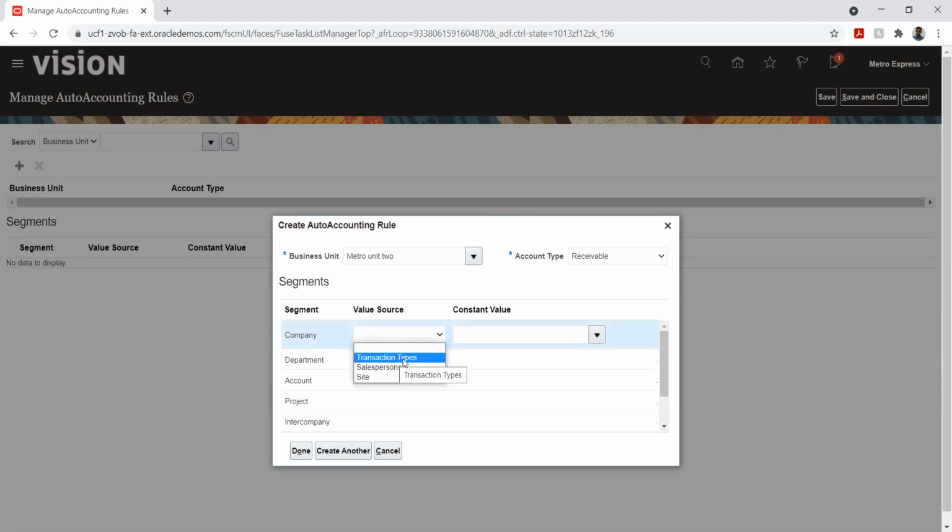So whether I want to use this from the transaction type, it's not mandatory that we give the account code in the transaction type. We can also give a constant value. So let's say I don't want to get the values from any of the setup. What I can do is simply give any value here. And let's say I want to get it from the transaction type, so I can select this.